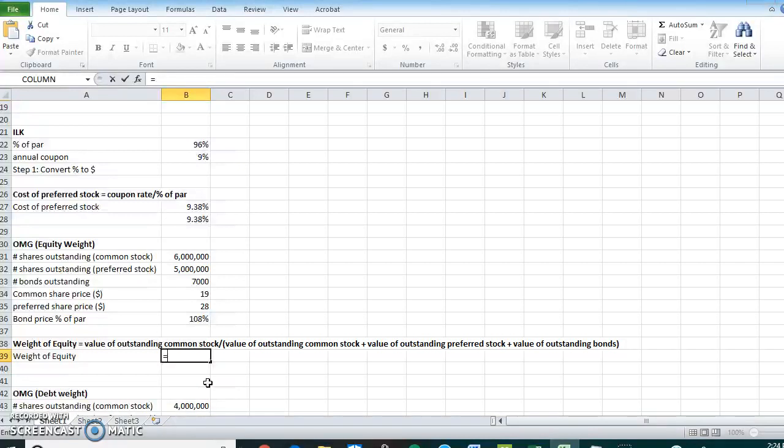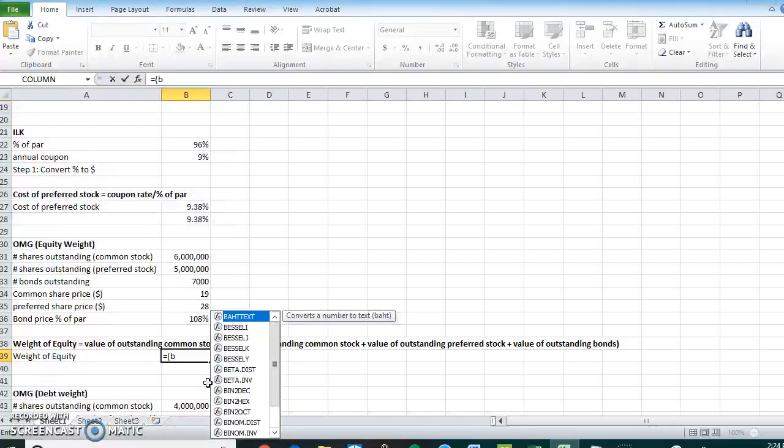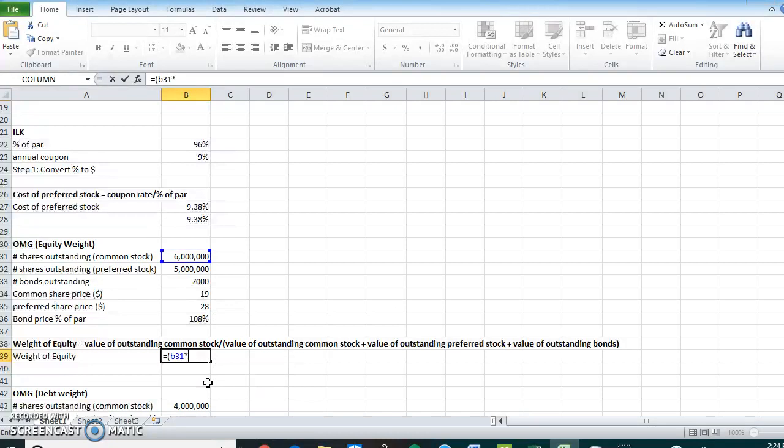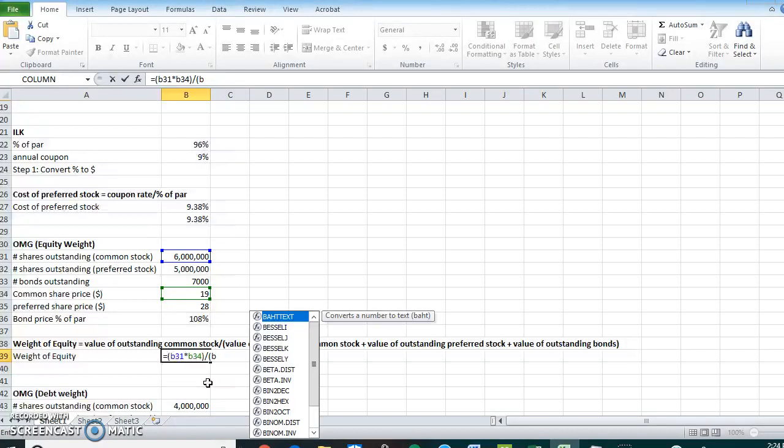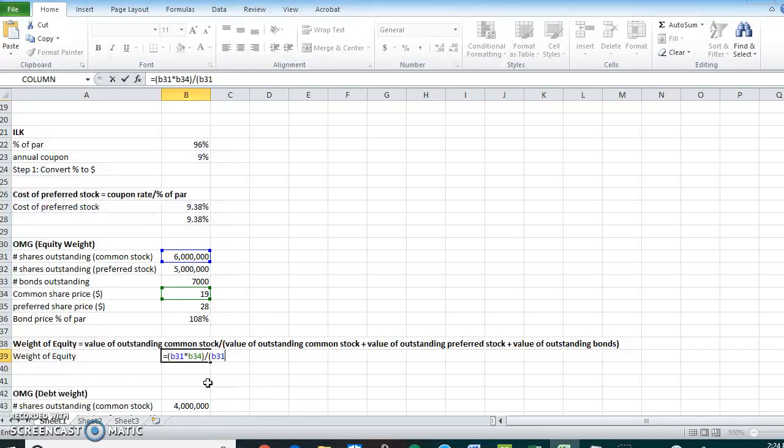So B31 times B34, close parentheses, divided by, and again, we've got B31 times B34, close parentheses, plus, the next we're looking at the value of the outstanding preferred stock, and similarly,